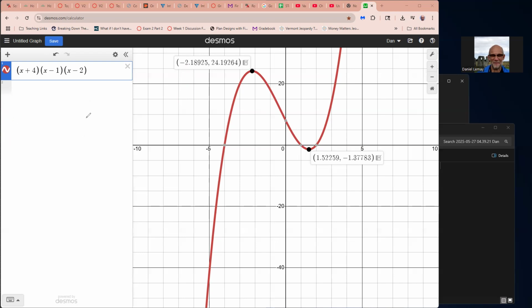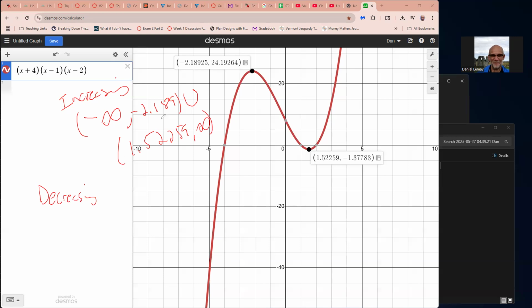I would say it's increasing from negative infinity until negative 2.189, or up, union, from 1.52259 to infinity. And then decreasing